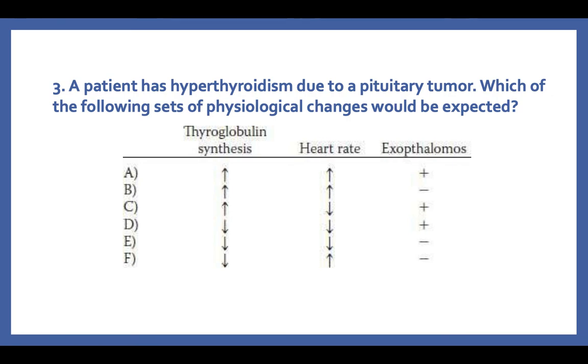Now between A or B, it has been simplified to just the exophthalmos, which is a protrusion of the eyeball. So A means positive exophthalmos for a patient with a pituitary tumor, or negative. Now this topic of exophthalmos will be covered in the pathology series, but for the case over here, I will give you the disease. The disease is Graves' disease, and in Graves' disease, a characteristic feature is exophthalmos. So, which is a case of hypothyroidism, not hyperthyroidism. So, eliminating A means our right option would be B. Exophthalmos would be negative in a case of hyperthyroidism because it's a sign of hypothyroidism, which is low production of your hormones.